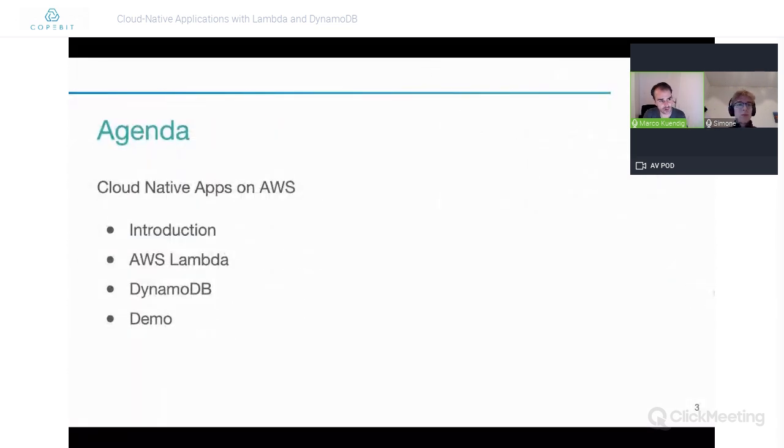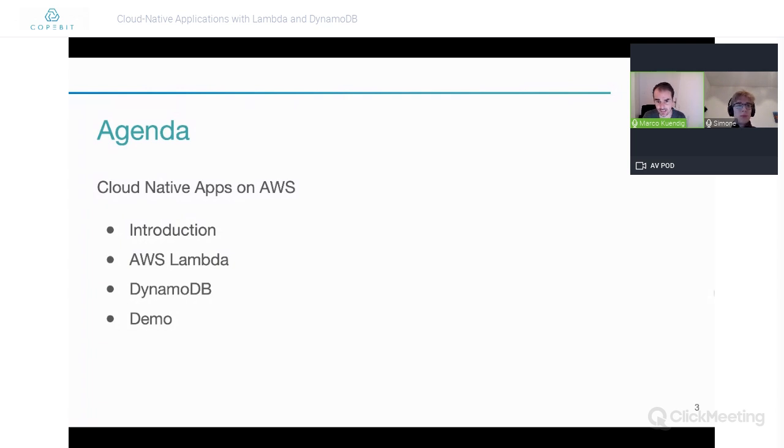So the agenda that we are looking at, we run roughly for 45 minutes. Simone has quite a few slides that he wants to show, and he also has a small demonstration. So we'll probably need the full 45 minutes. The agenda is the introduction, as we do right now. Then Simone will go through what AWS Lambda is, what the benefits are, how you use it, and all those things. Then he will do a quick primer on DynamoDB, why DynamoDB is there and how you can use it